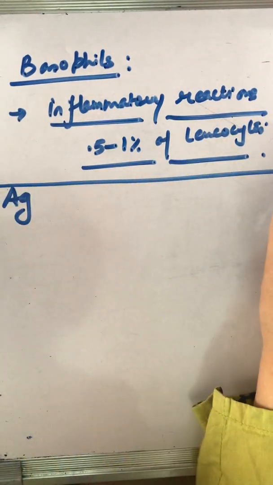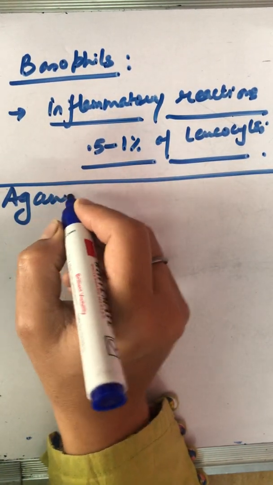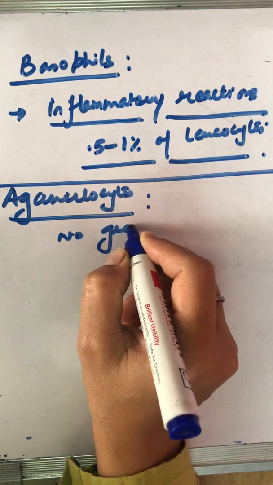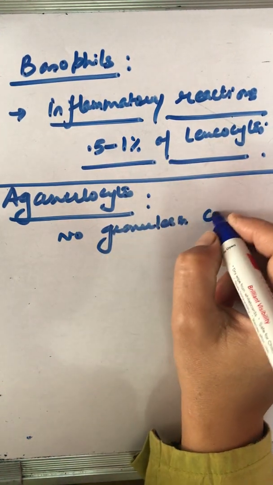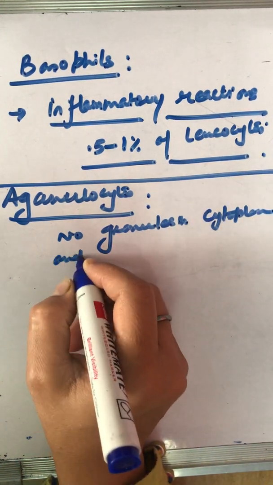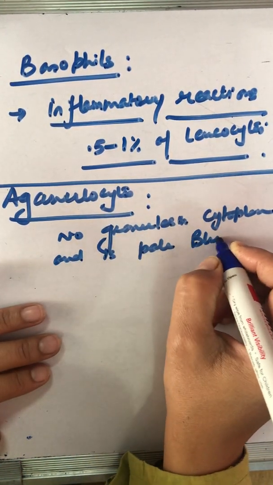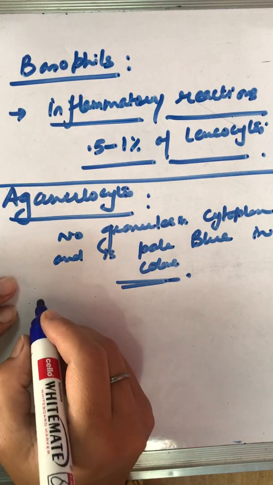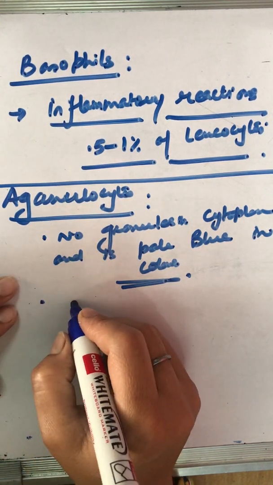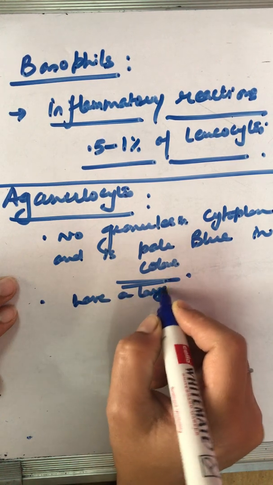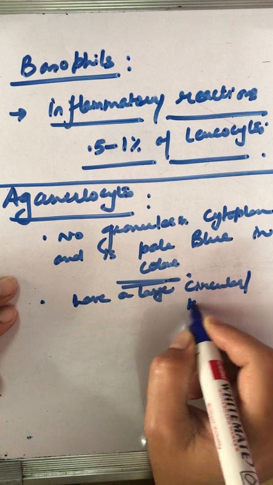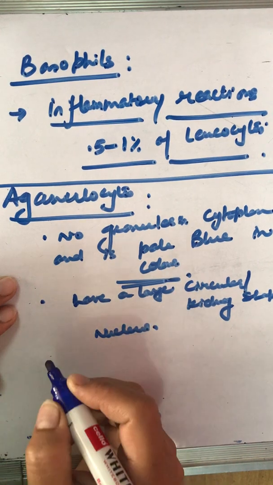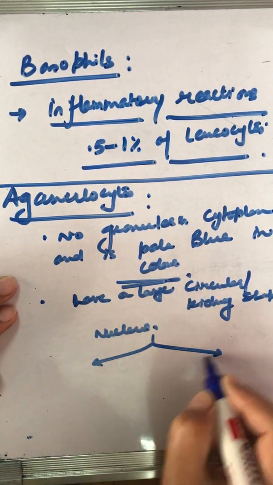Moving to the second category, agranulocytes, means no granules in the cytoplasm and is pale blue in color. What are the other characteristics they have? They have a large circular or kidney shaped nucleus. Right? These agranulocytes are of two types,